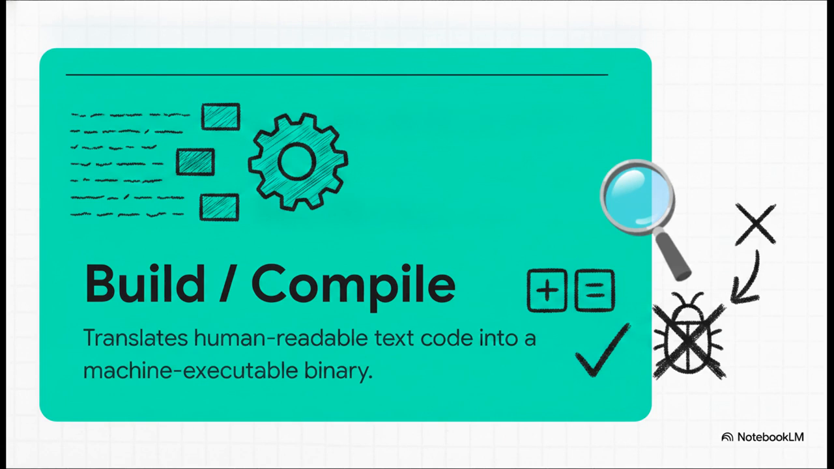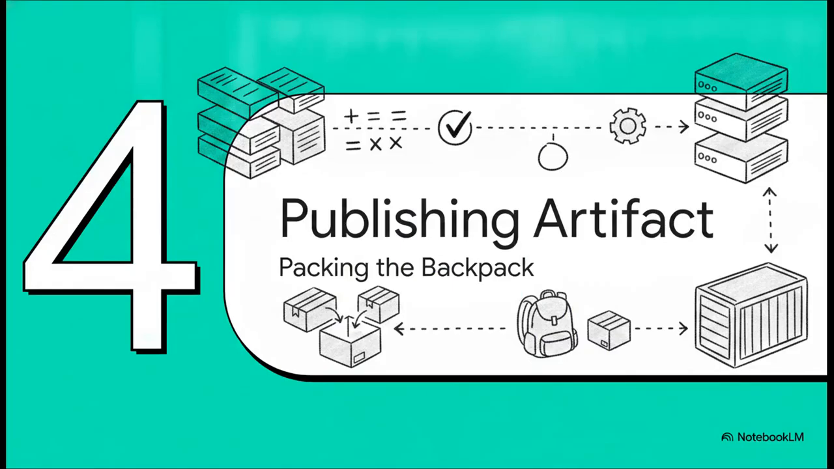If it suddenly equals 5, the assembly line instantly stops and the code is sent right back to the developer. No more waiting 4 months to find out the basic math is wrong. Next up, Section 4. Publishing the final artifact,